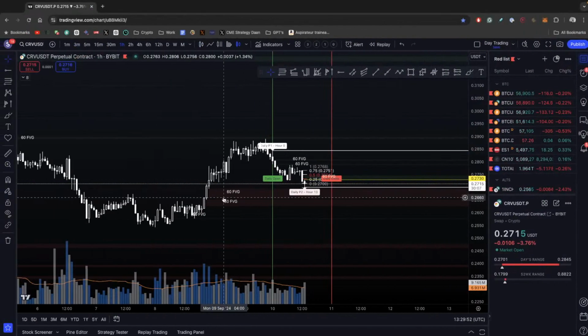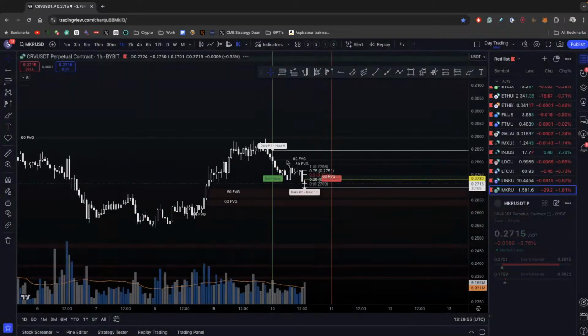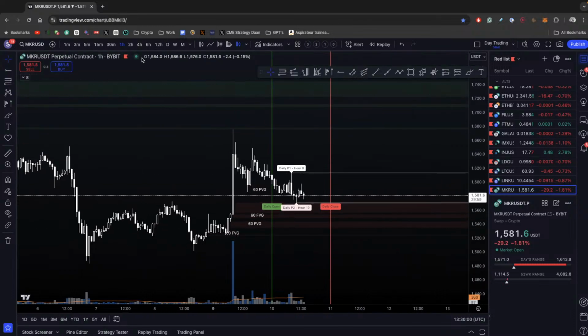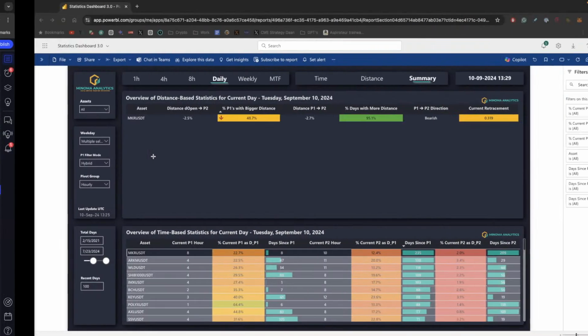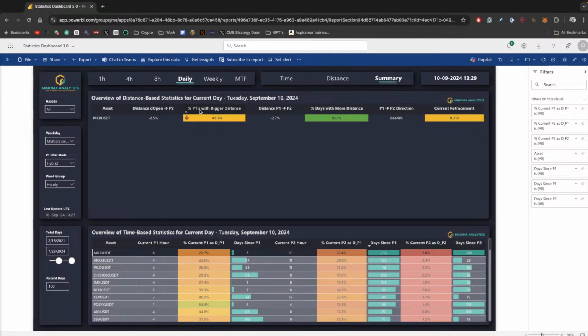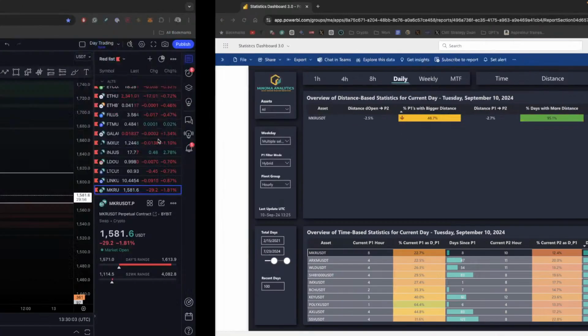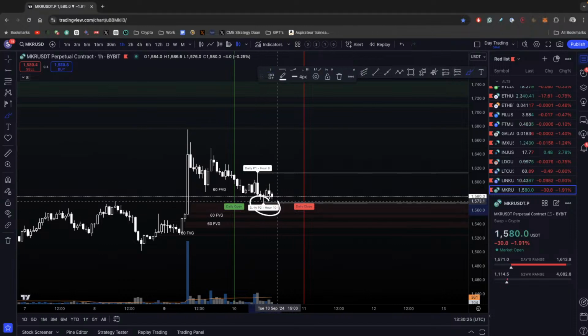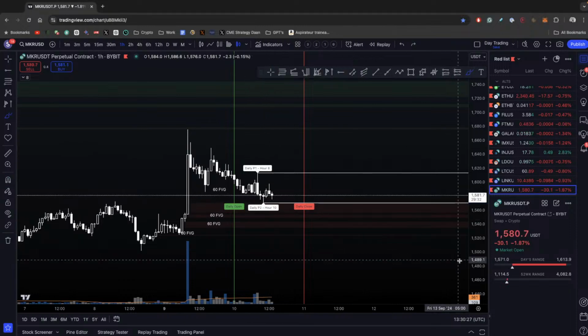But this is one of those setups that I discussed last week, and that's interesting. All right, so you don't have conclusive P1s with bigger distance, but you have very high days with more distance, and the current P2 is set at hour 10. It's been 235 days since this has been P1. It's been 209 days since it has been good P2. So you know that this is a very improbable pivot, very improbable.